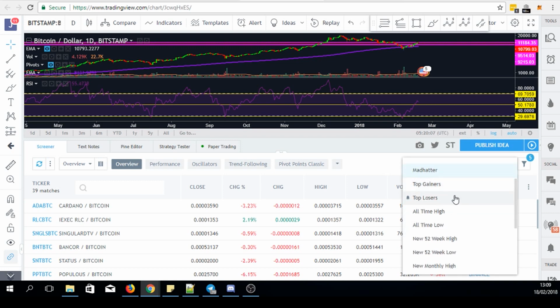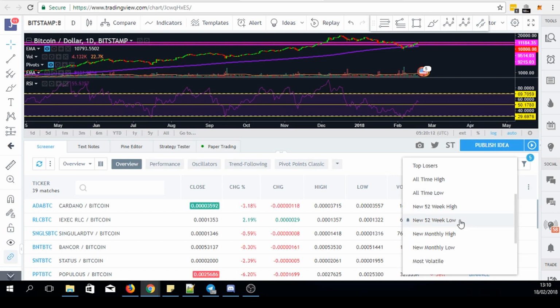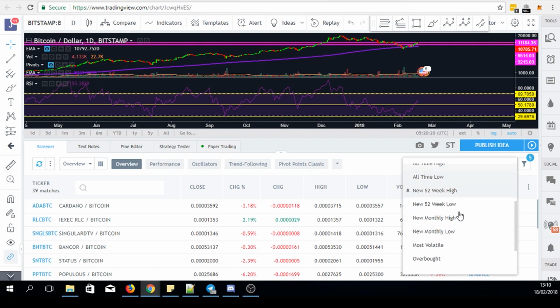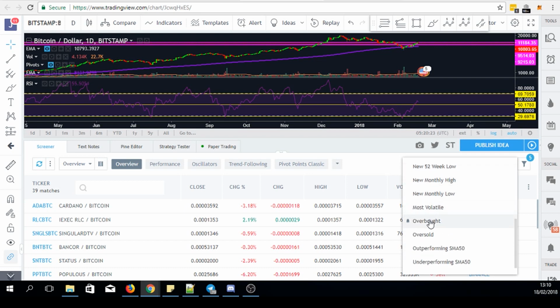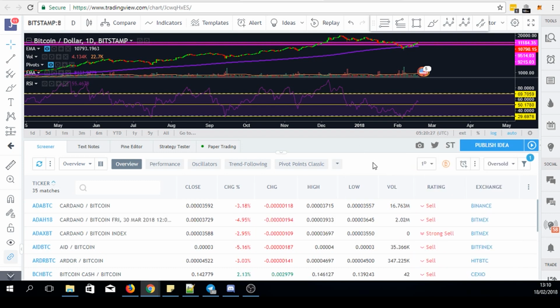They've got top gainers, top losses, all-time highs, all-time lows, new 52-week high, new 52-week low. So that's yearly, right? Yearly high, yearly low, monthly high, monthly low. Again, it's really basic stuff. Most volatile, overbought, oversold. This is where we start to get fun, my friends, because oversold can tell you quite